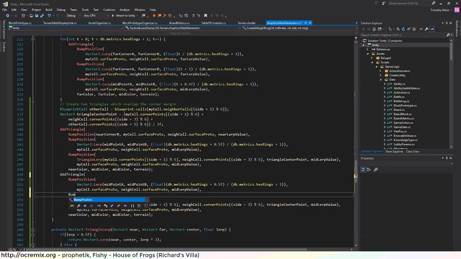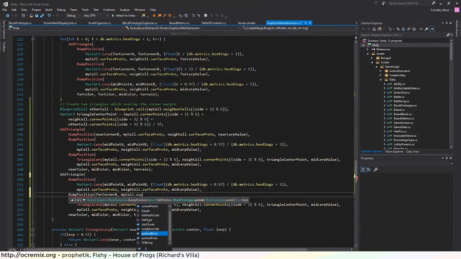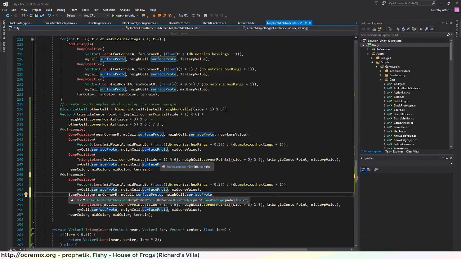Gotta call bump position though. My cell surface, neighbor cell surface. Okay, well I just realized these bump positions actually need to take, since they're in the triangle,